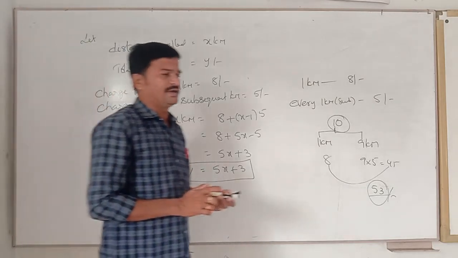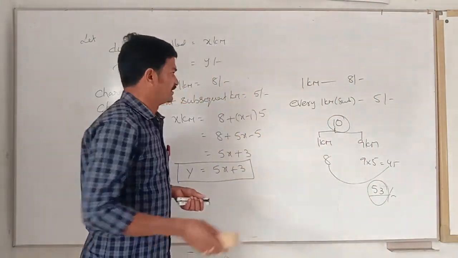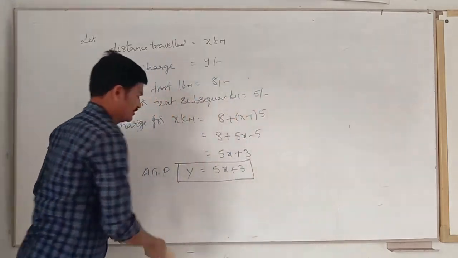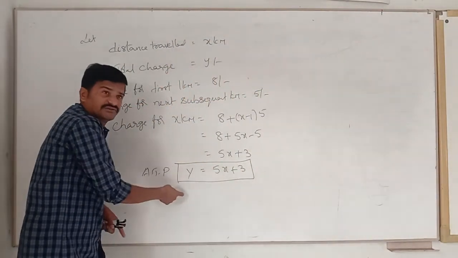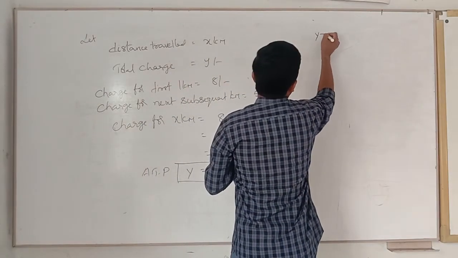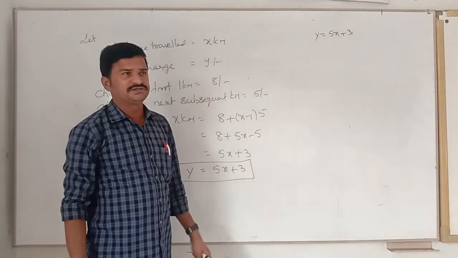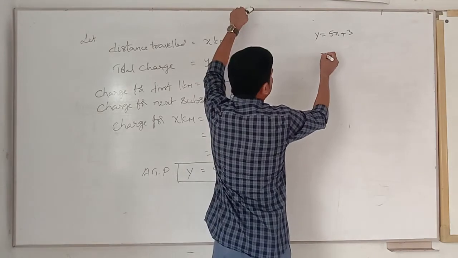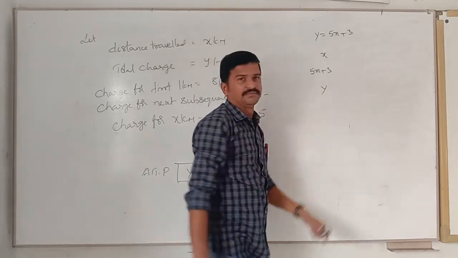Let us prepare the table and prepare the points and plot the points on it, and then you can find it. For suppose, here I am preparing the points. Have you all got how I got this equation? Yes. Okay, and now y equals to 5x plus 3 only. Y equals to 5x plus 3. Prepare the points. Directly y value is given, na? So x, 5x plus 3 and this value is y.